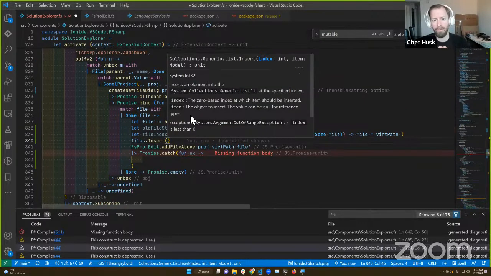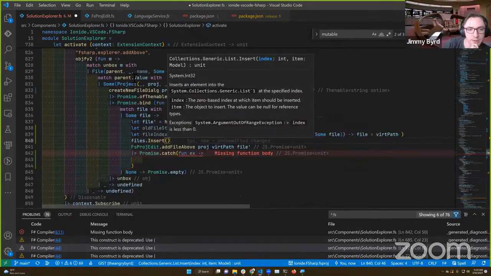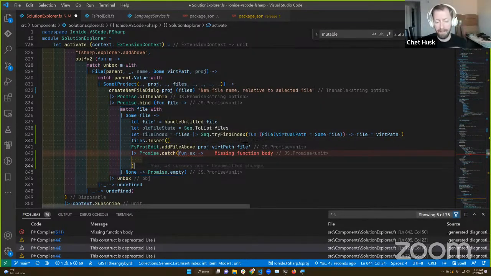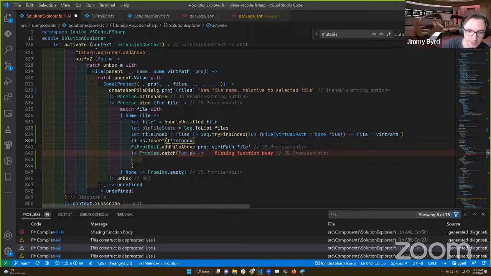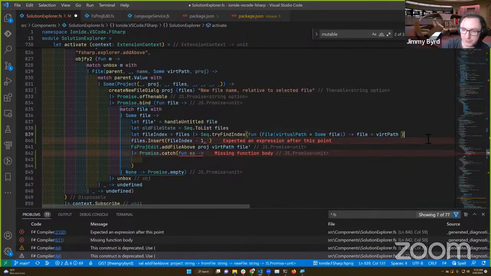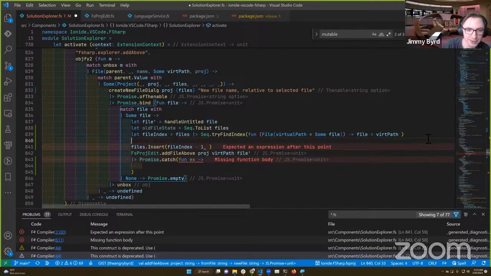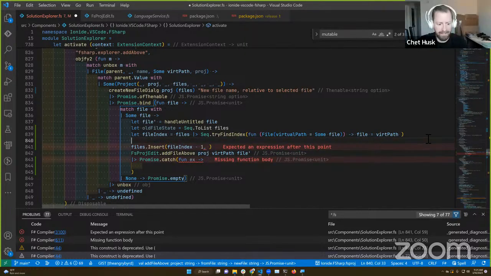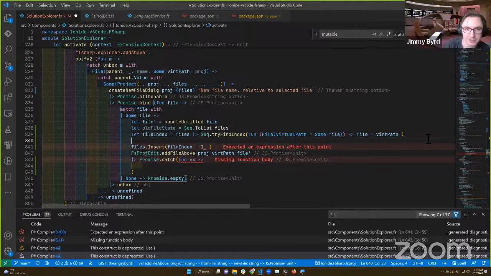So we need to add a whole new... this is add above. Oh yeah, you're right. Okay. Effectively, that should mean add at the index of the one that we currently have selected. A new file. Yeah, I was for some reason thinking I was in the different file handler. I was thinking above moving files, not add above. I was thinking I was move above, so that was my bad.